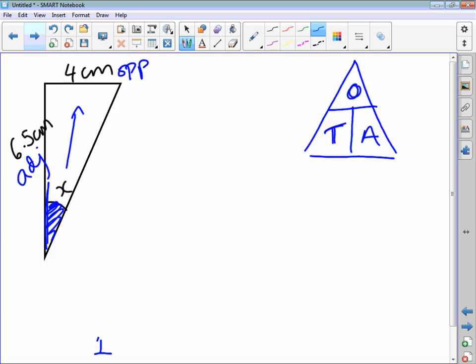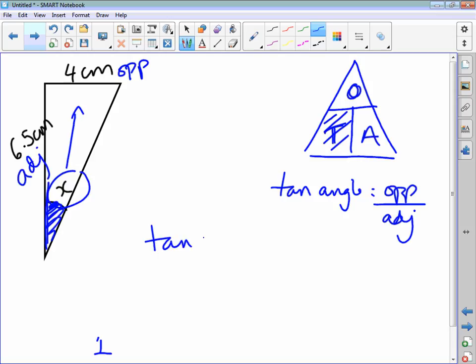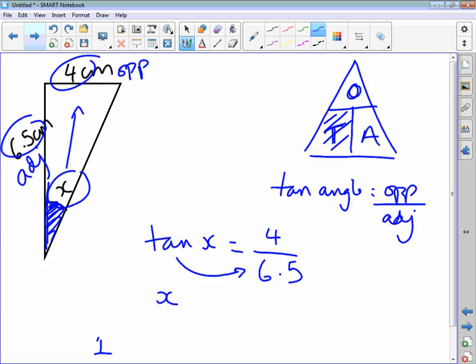If we're trying to find the angle, we cover that part up. So we've got tan of the angle equals opposite divided by adjacent. So if we fill out the information, the angle is x. So we've got tan of x is equal to the opposite side, which is 4, divided by the adjacent, which is 6.5. We need to get x by itself and bring tan over this side. So that's tan inverse